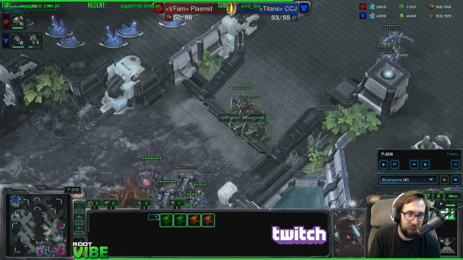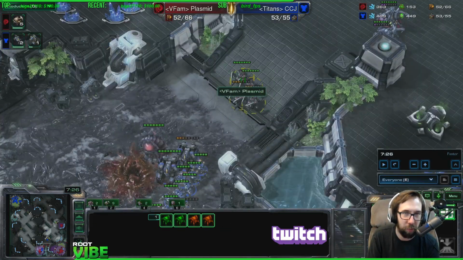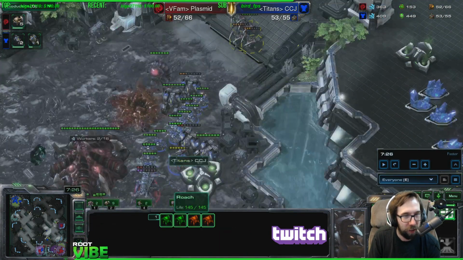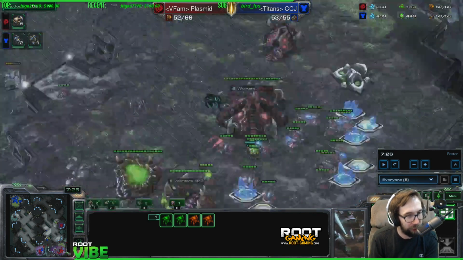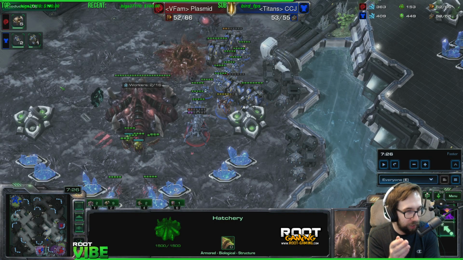And this is also slow Roaches. Slow Roaches are horrible against Cyclones, as we stated earlier in this replay. The only way you should ever fight Cyclones with Roaches when you have no lair tech is, again, if the Roach's purpose is to kill the Hellbats, and then as soon as the Hellbats are dead, you have Zerglings that will